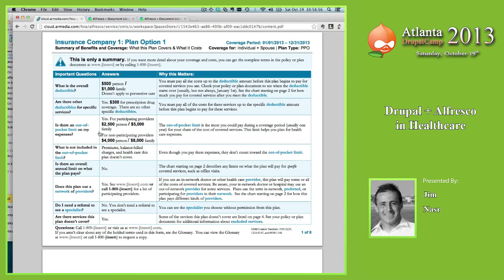But if it's not being hit by a gazillion people because it's not public and it's really specific to this one person, you may want to have the backend system field it, or put some type of layer in between that can field the number of requests. So I think it varies based on your use case, what you're trying to accomplish, what the data is, and who you're sending it to. One other quick comment around this particular use case. Our approach is to have all the content in the Alfresco repository, primarily because of the records management and security requirements. So when we publish a redacted document, as we do here, it's pushed out, but it's not retained in Drupal.